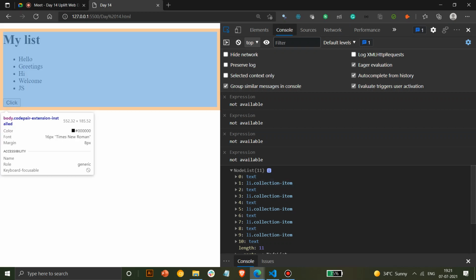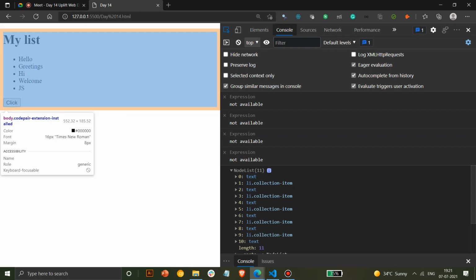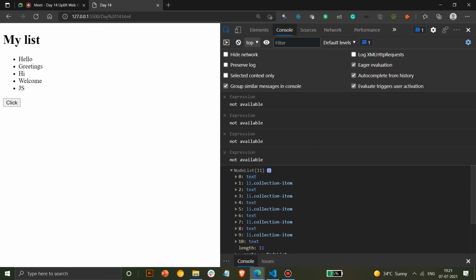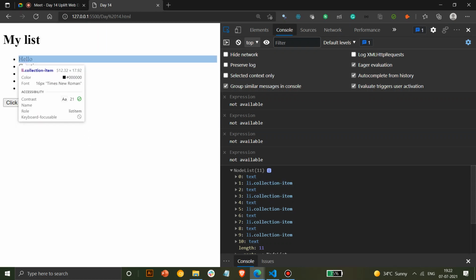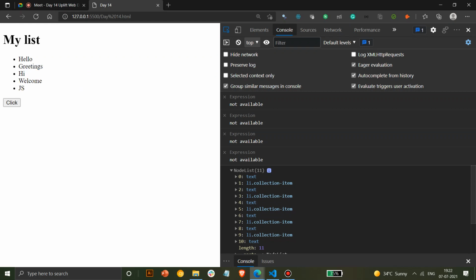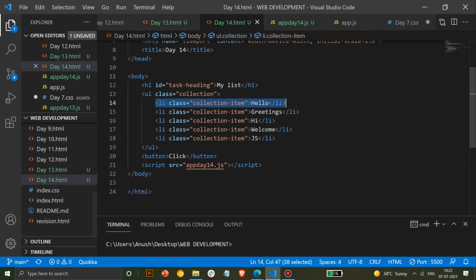By default, whenever you start a list, it will move to a new line and have a space by default. So that's why first slash n, second slash n, and so on. There might be spaces also. If you put a space next to hello or greetings, it will still show it. If I add a comment here, it will also show that. I'll show you an example. Let's add a comment here.